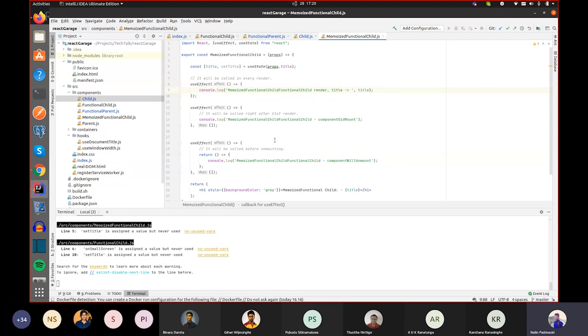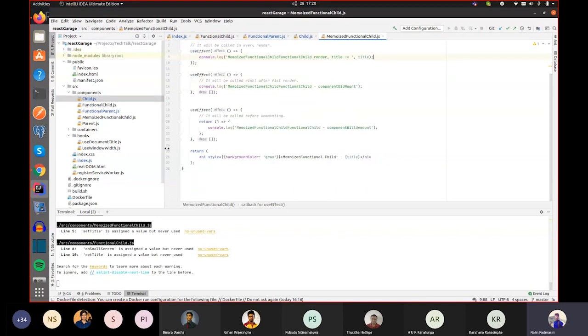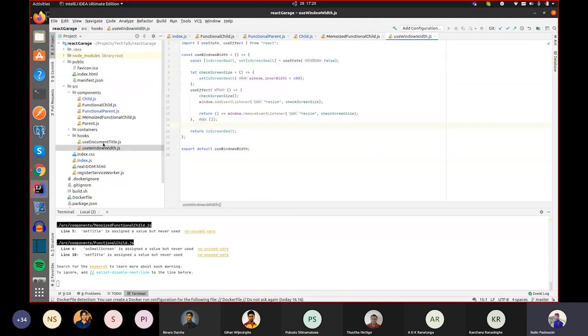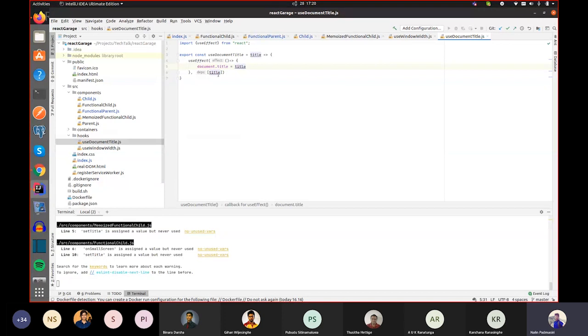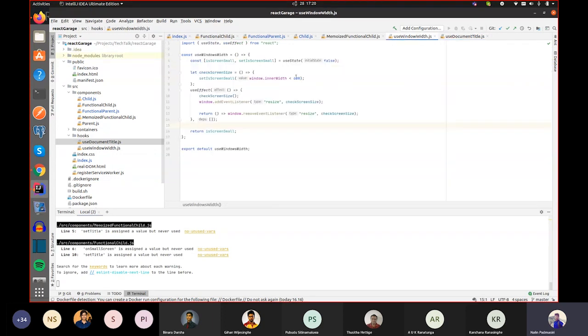And yeah, that's all about these basic things. I will also show you two of my custom hooks, because you could use custom hooks as well. I have created two. The first one uses a useEffect here. I will update the title of the document in the tab, and the second one reacts whenever my window width is lesser than 600 pixels when I resize my window. Let's see how I could achieve this.